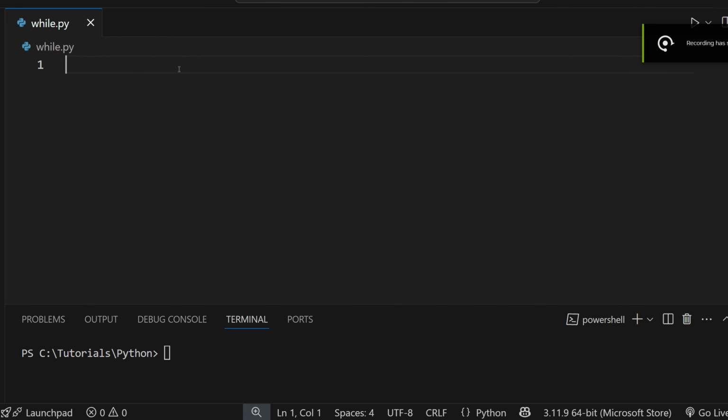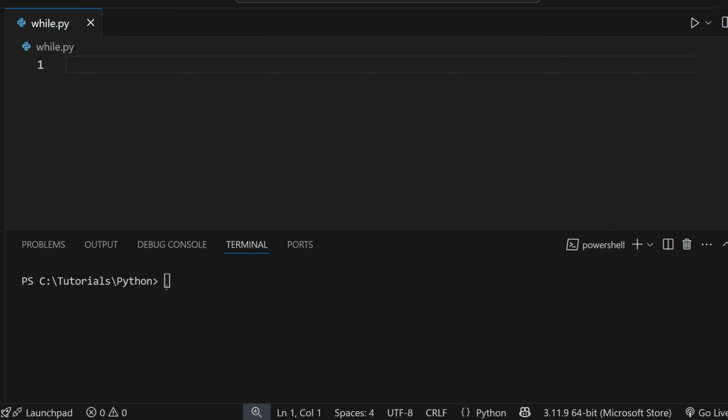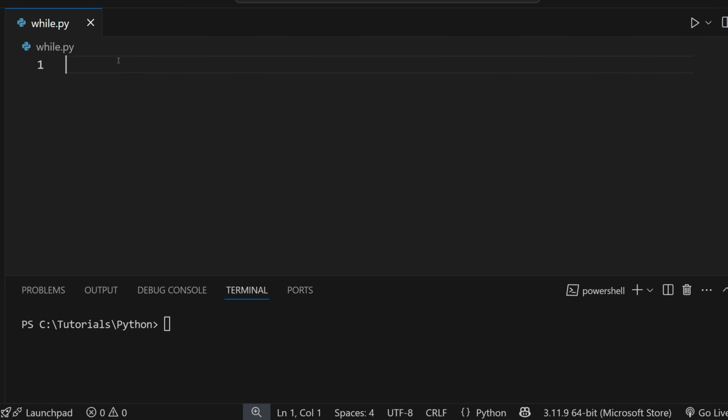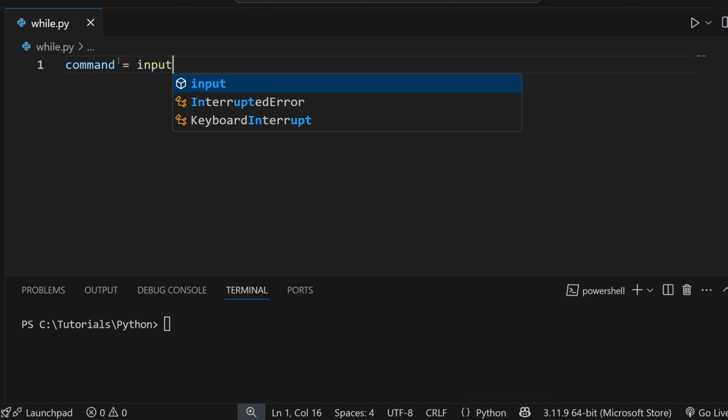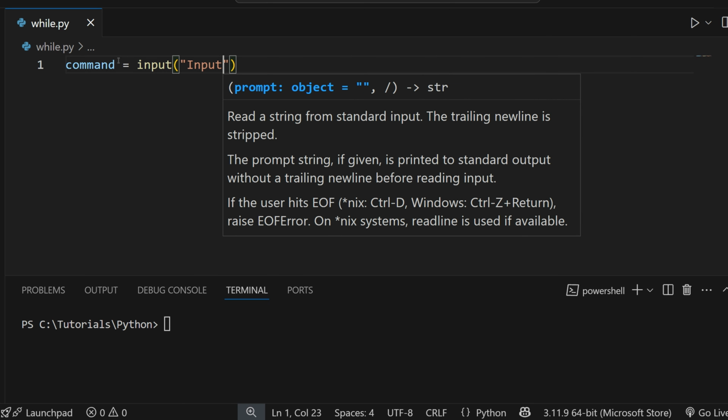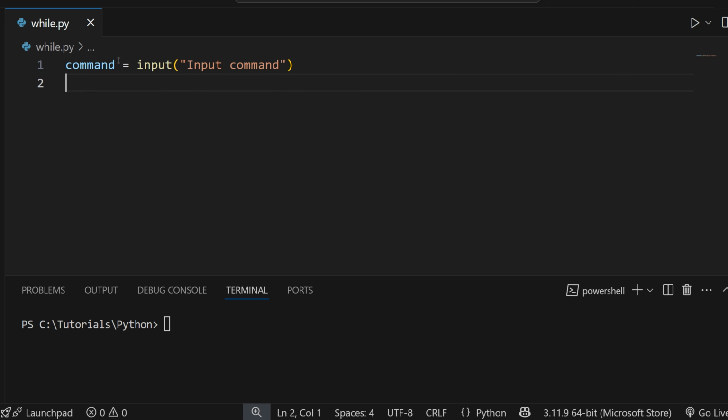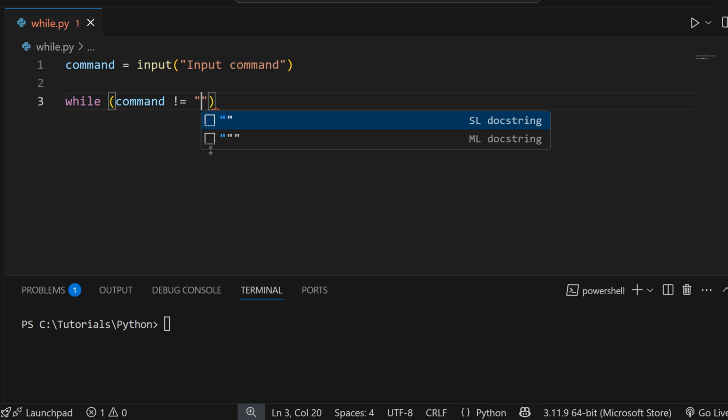Alright, so let's do a while loop, and I'll show you a really great example of how to use the while loop. This is very useful when making programs which are text-based, with which you interact in the terminal. So let's do a simple program which creates a command, input command. So this will be our command to use and interact with the program. So then we start a while loop. While command is not equal to exit, let's say that's the command to exit the program, we will do